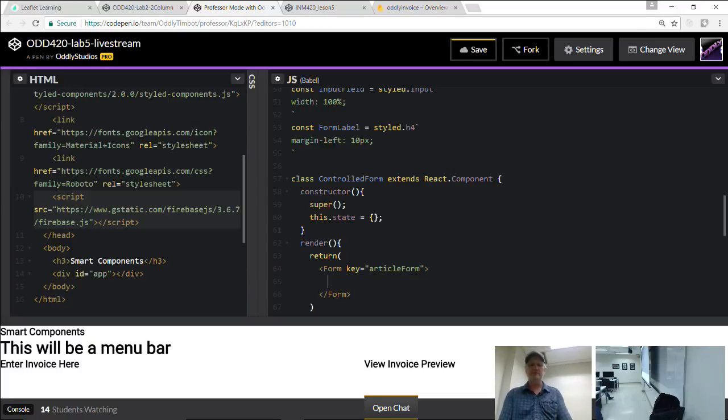Throw an input in there. Let's put an input in. So input, key, I'll call it the client name input, something like this. Now with an input, you can just close it like this. You can use the abbreviated form. I mean, you could also do it like this, right? But if you want to save yourself a little bit of typing, you can do the inline close just like this.